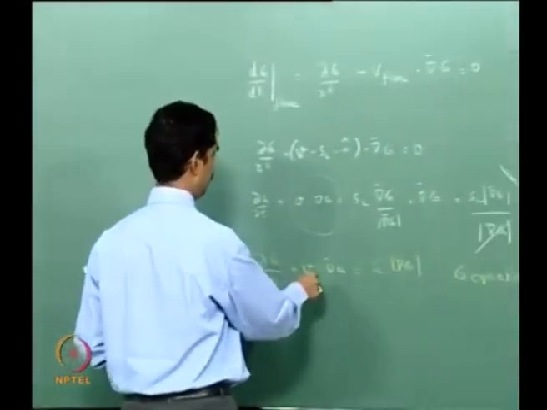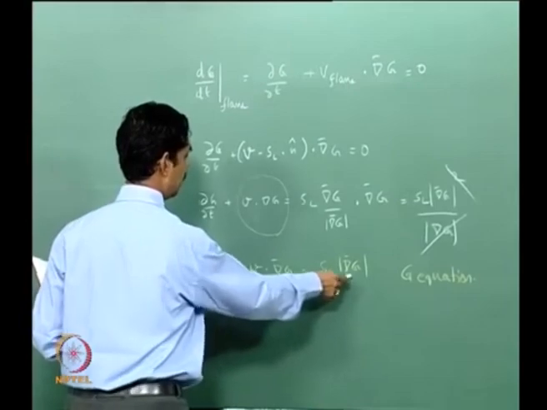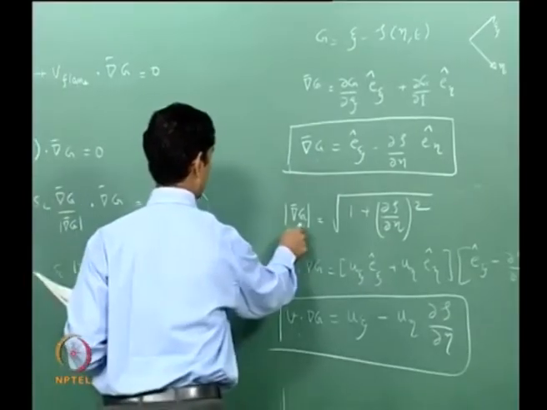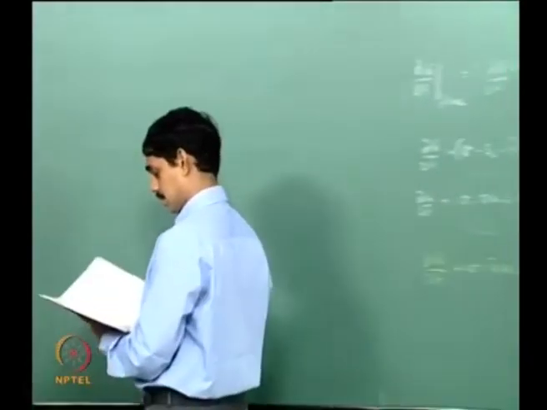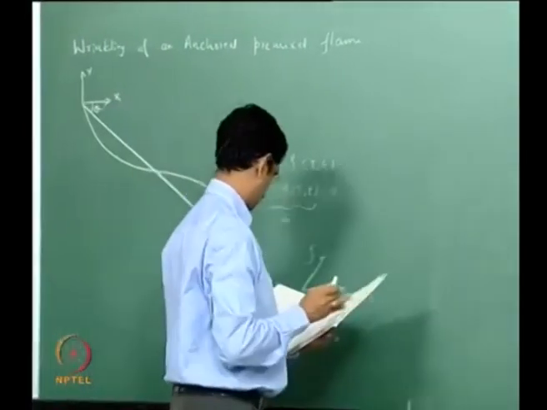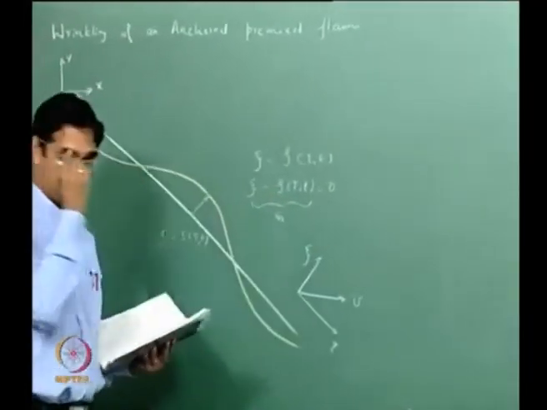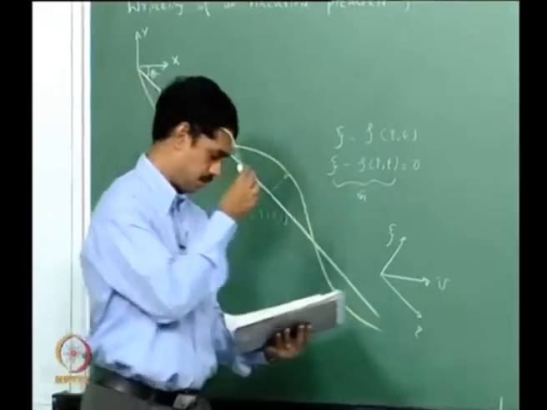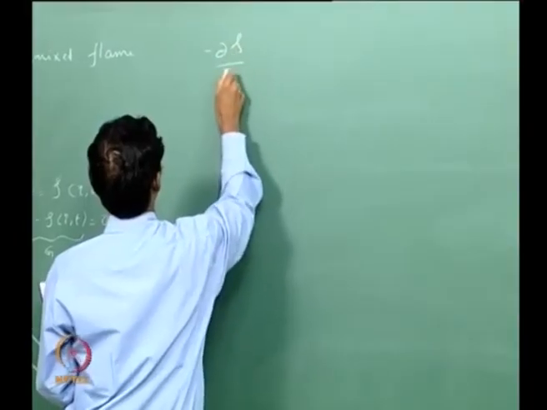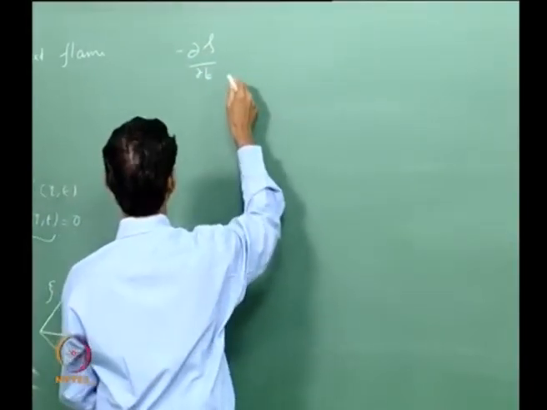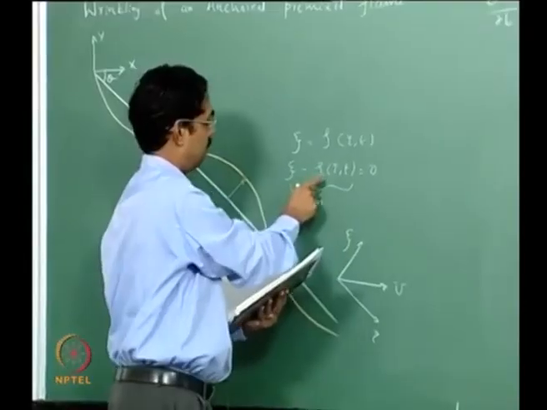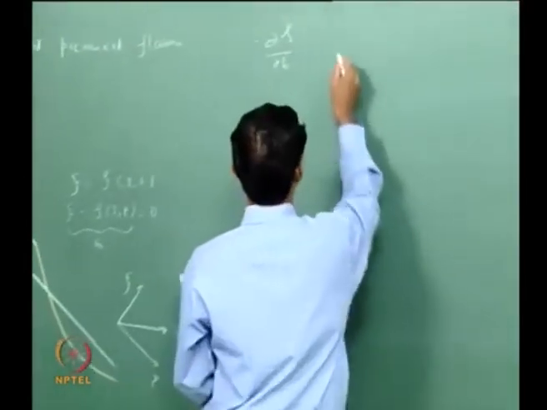So we substitute for V dot del G and S_L times the magnitude of del G here, and then we can get the final equation. So remember that this was G, so dou G by dou t will be what? Yeah, exactly. Minus dou zeta by dou t, because psi itself, then dou psi by dou t will not be there, you will have only this thing having a derivative, plus